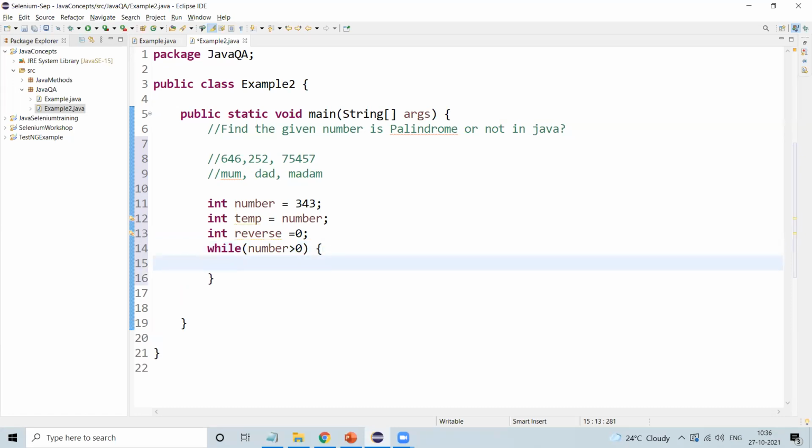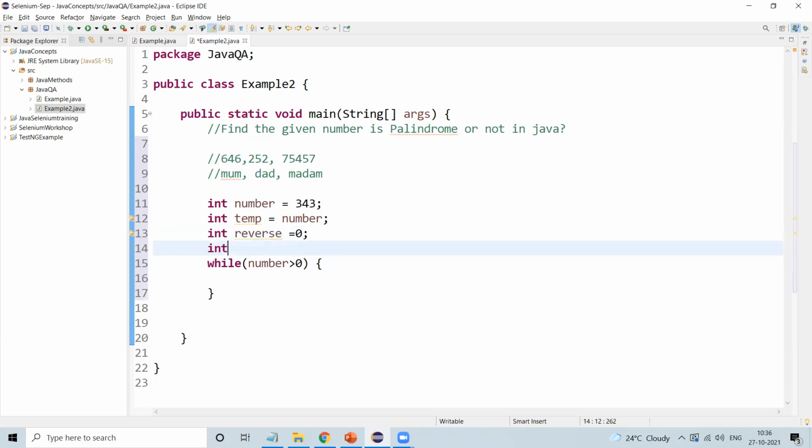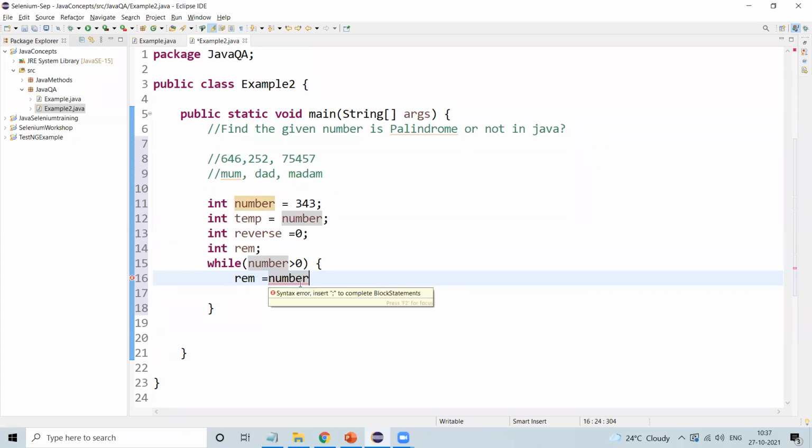Then we'll add one more variable for the remainder. So I'm going to add remainder equal to number mod 10. For the remainder we need to use the mod operator, mod 10.